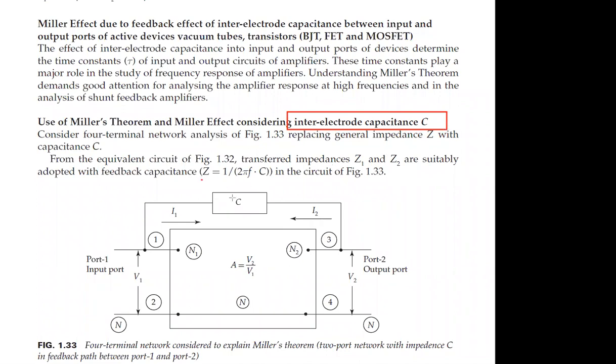The same function we are taking with the capacitance C here. In the same manner, we are taking the current I1 and current I2 flowing through the capacitance. Here we are going to divide the currents into two parts, that is the input part and the output part. So we divide the input part current and the output part current.